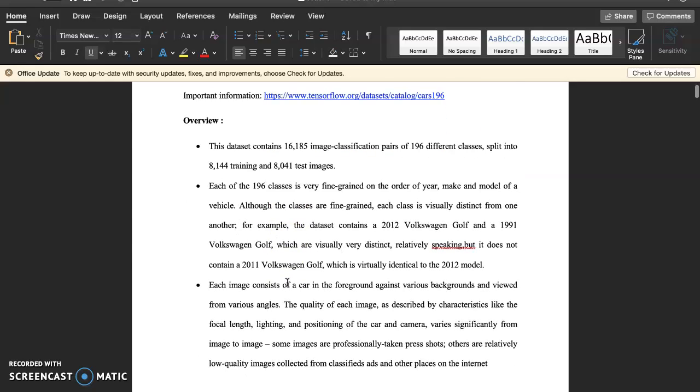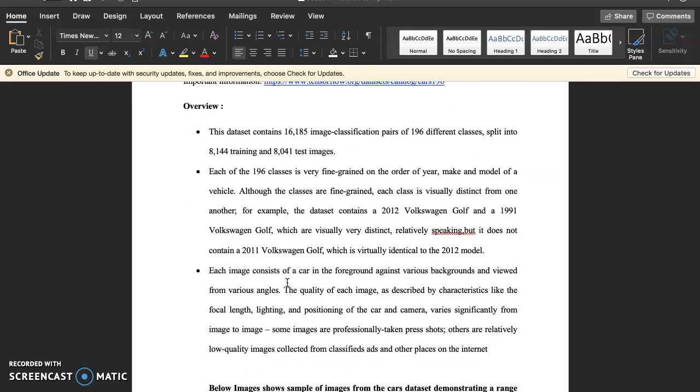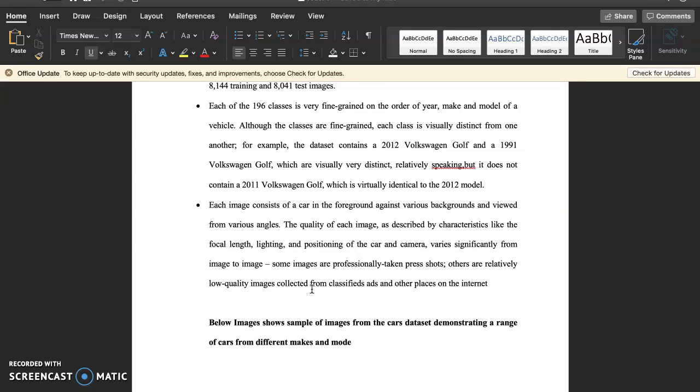Each of the 196 is finely grained on the year, make and model, and each consists of a car in the foreground against various backgrounds and viewed from various angles. The quality of each image, like the focal length, lighting and positioning of the camera, varies significantly from image to image. Some images are professionally taken and others are of low quality.